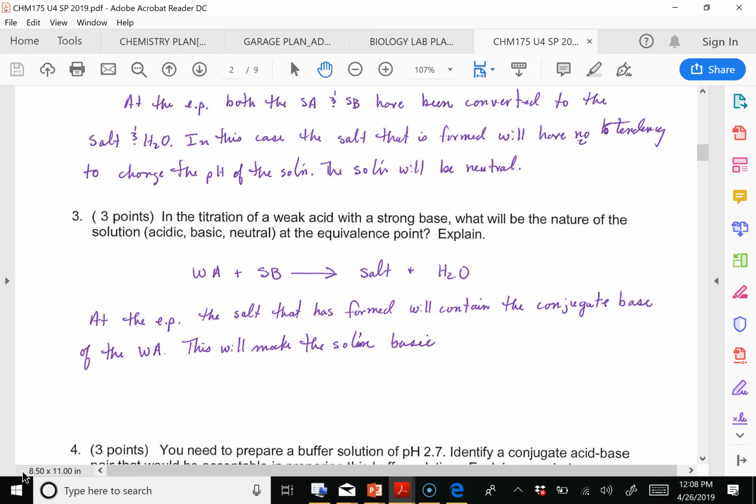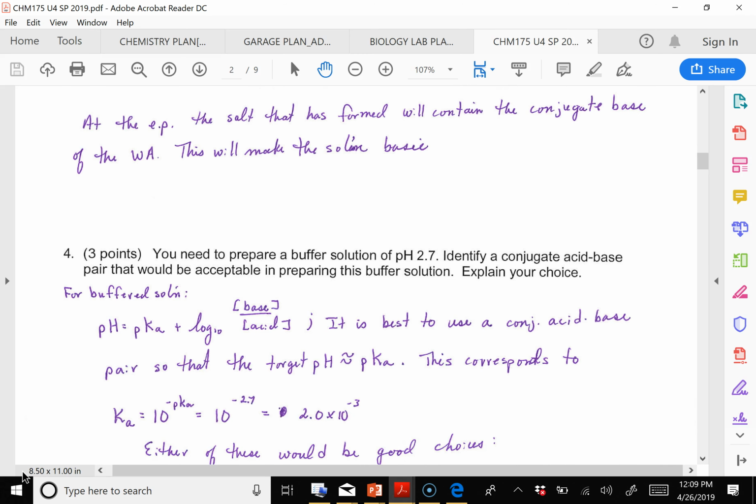Number 3, what if you have a weak acid and a strong base at the equivalence point? Those are both going to be gone, and you look on the product side. In this case, your salt is actually going to be the conjugate weak base of this weak acid, and it's that conjugate base that's going to drive the pH, so it will be slightly basic. So this one,